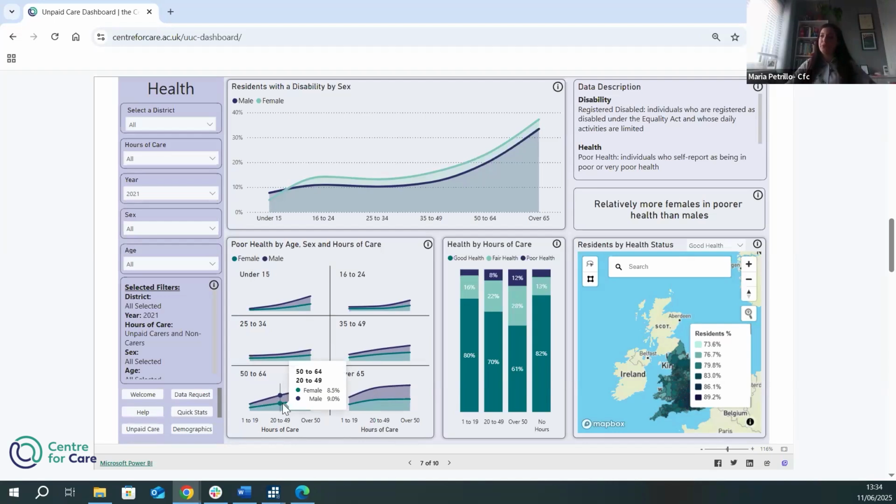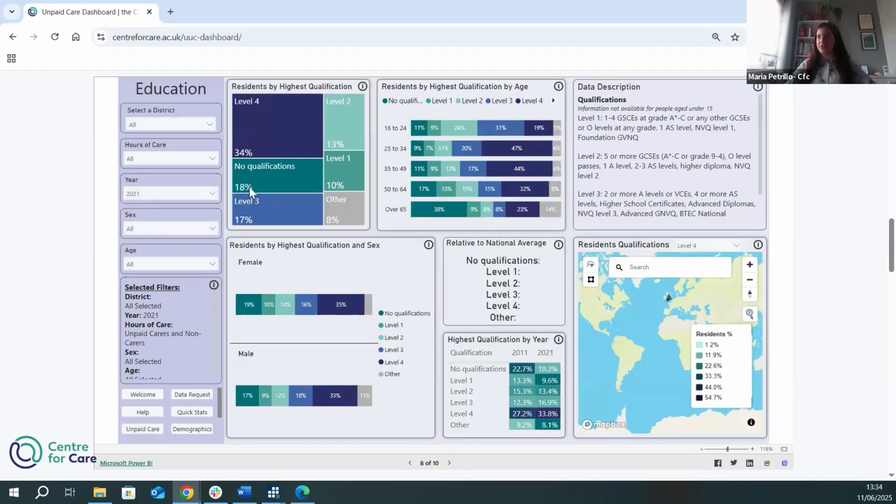If they provide 20 to 49 hours of care, 9% of males report poor health compared to 8.5% of females. And if they provide over 50 hours of care per week, 12.7% of males and 12.2% of females report having poor health. Again, for time concerns, let's move on to the next page, which is our education page.